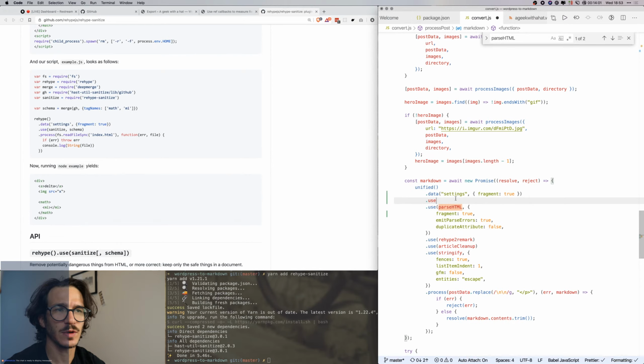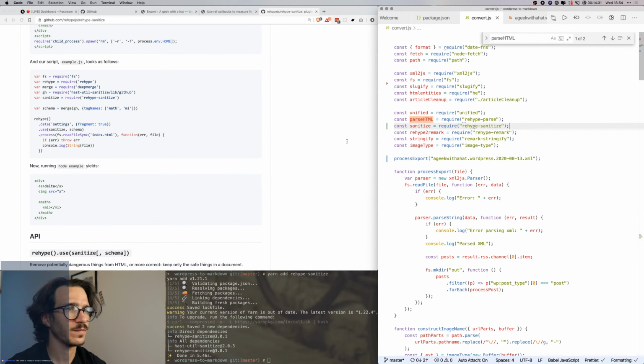So we take sanitize, and then it's saying we should pass in a schema. So where and what is that schema? It doesn't look like I'm using util. Const sanitize, rehype sanitize that, and then